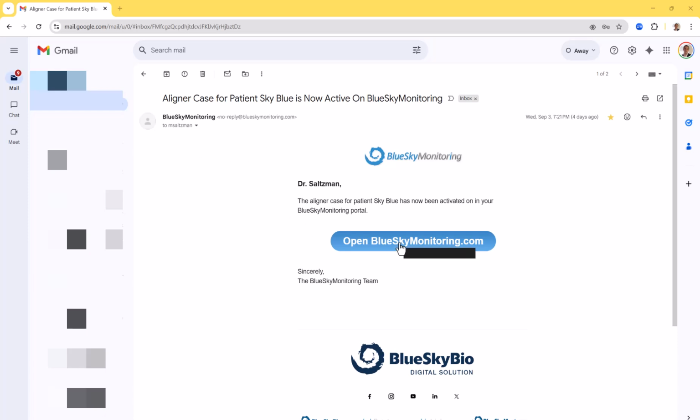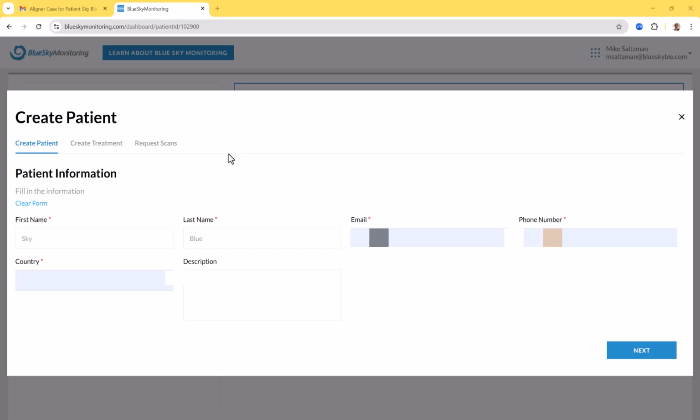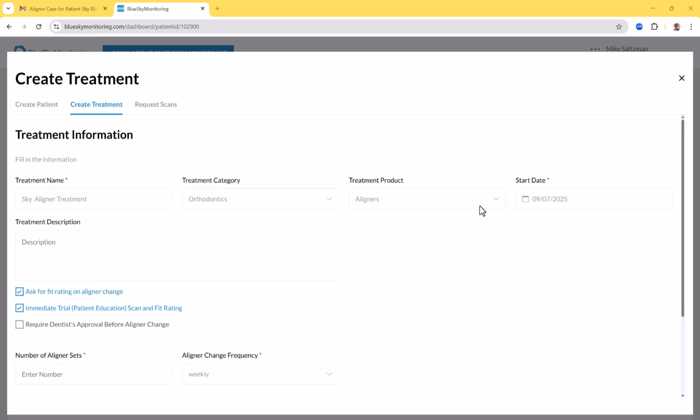Click the button, open BlueSkyMonitoring.com. Review and confirm the patient's information, and then click Next. Review and confirm the pre-populated fields, paying special attention to the start date, which is the date the patient will be receiving their aligners. There are additional options to ask for fit rating on aligner change, which will prompt the